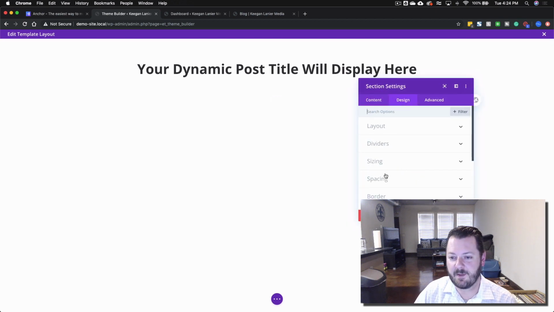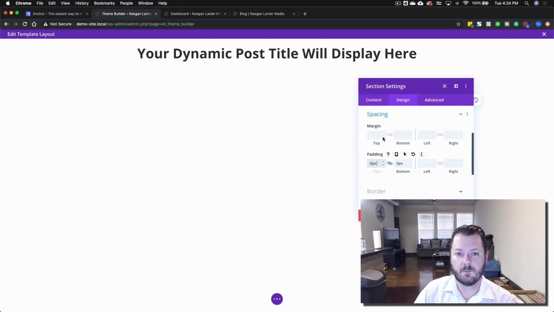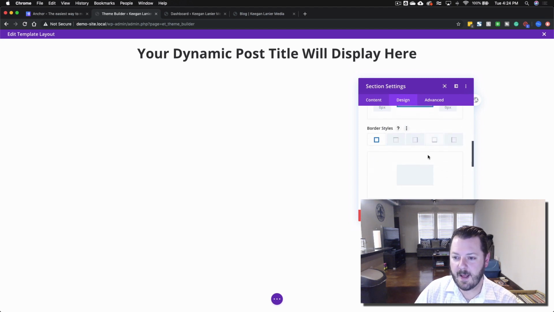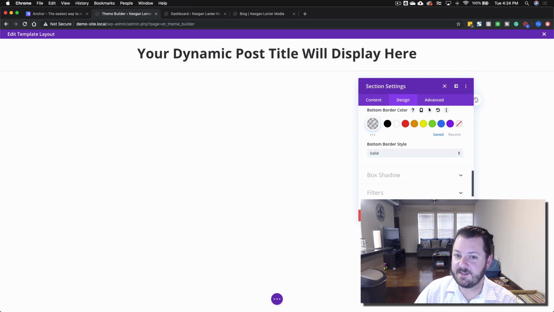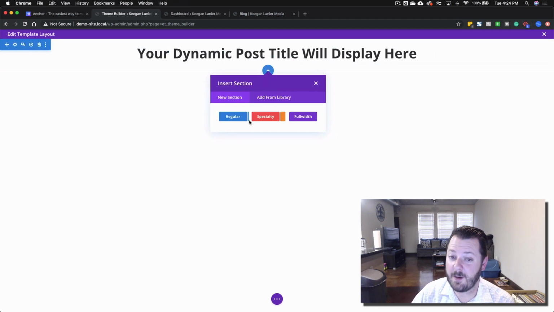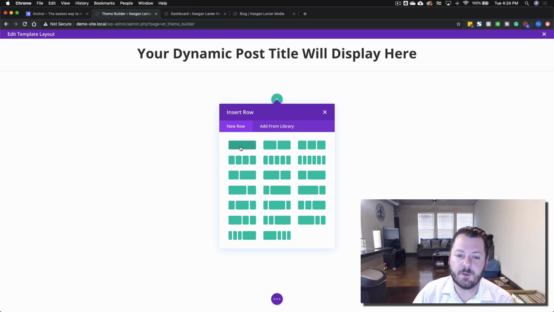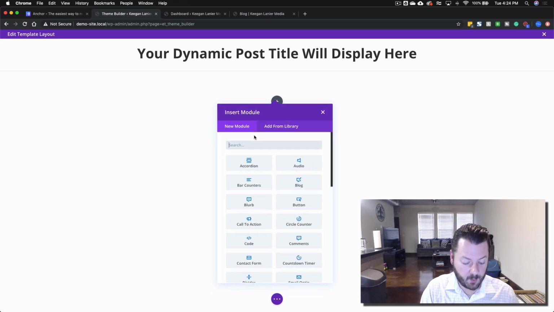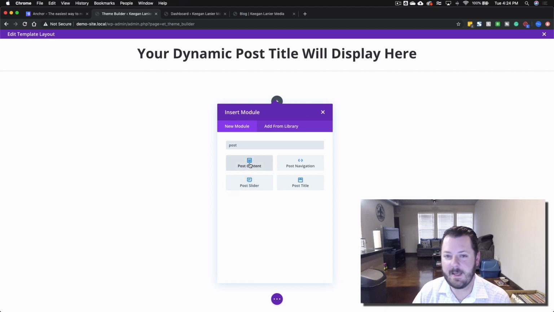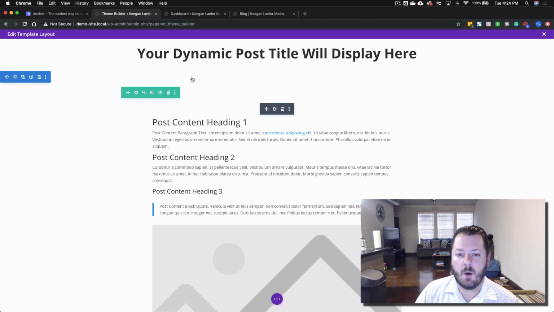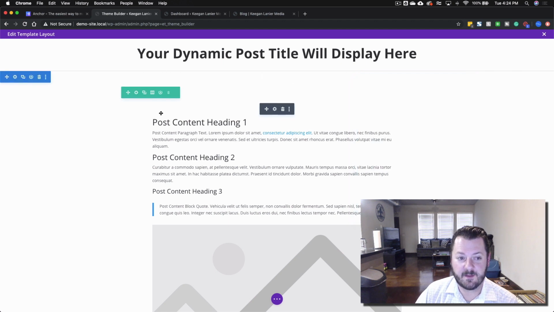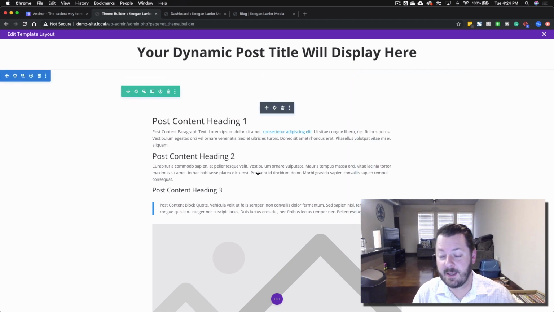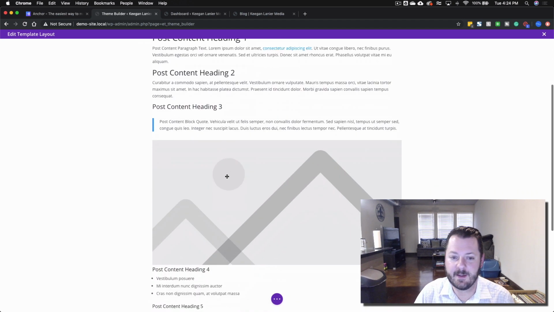I'll have to do the exact same thing on the sections. And the border at the bottom, one width, and we'll take the opacity down. Keeps things very simple. This will be our post title, and we'll create a brand new section, and we're going to go single, and we're going to look for this right here. This is the key for your post. It's post content. What this does is put all of your post content into this one section. So whatever you create in Gutenberg in the backend editor will populate right here in this